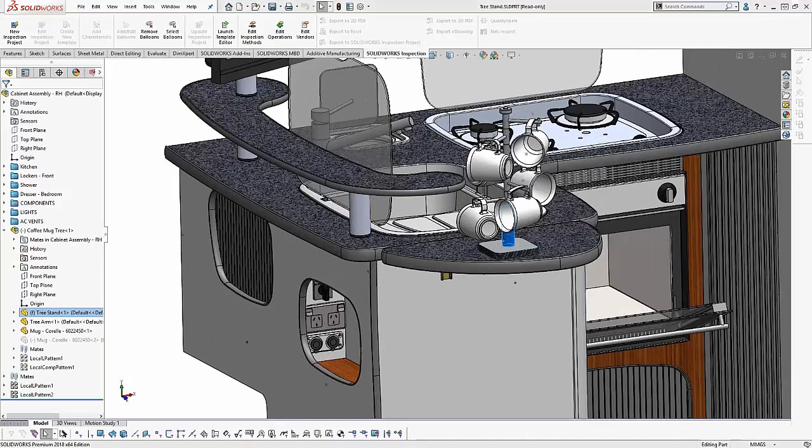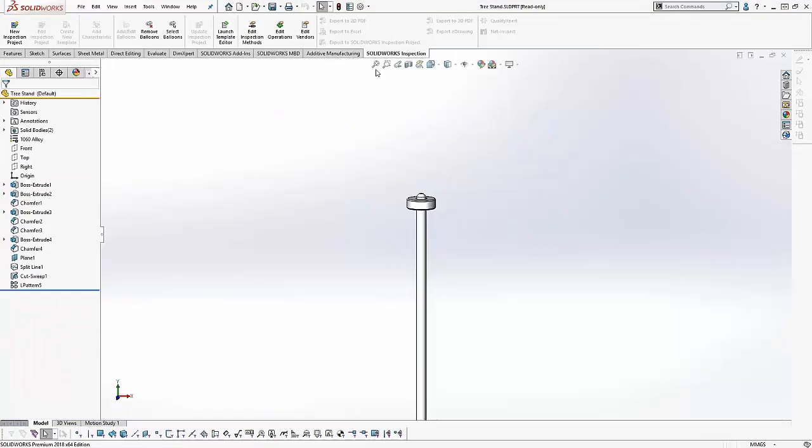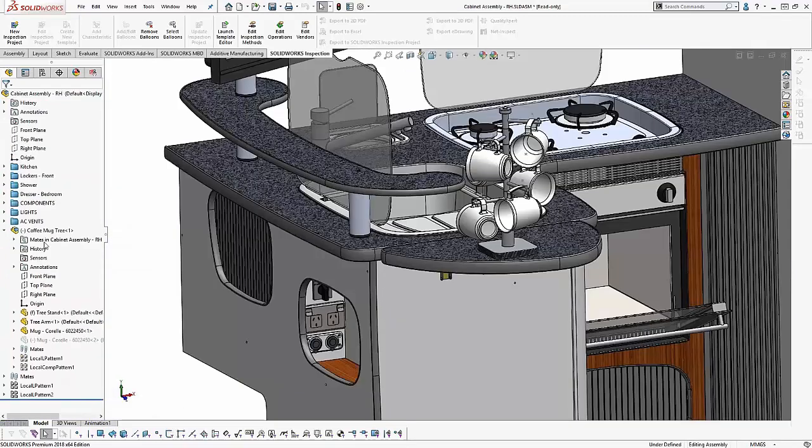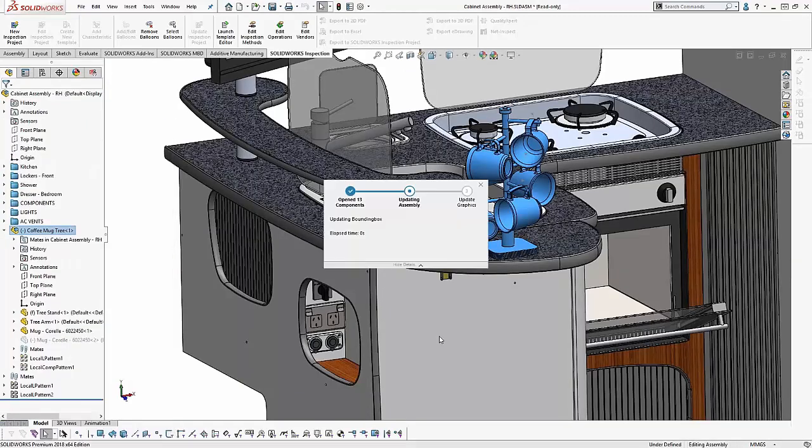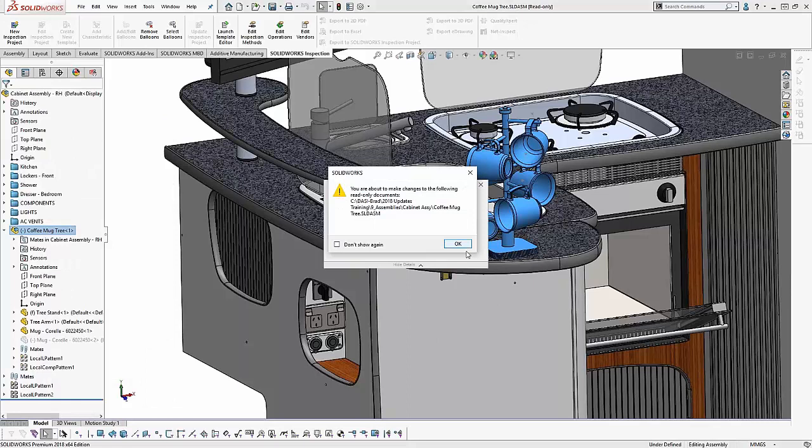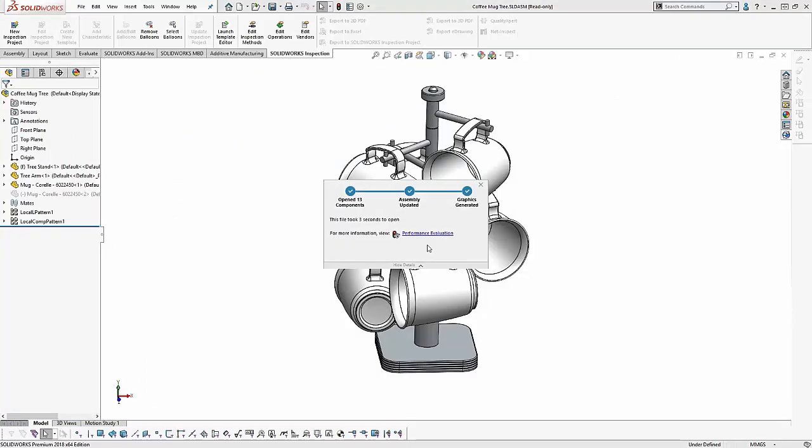So I'll go ahead and open up this model over here for us. Oops, wrong model. We'll do that one more time here. And we'll get an entire assembly in here. And what you'll see this year with SOLIDWORKS 2018